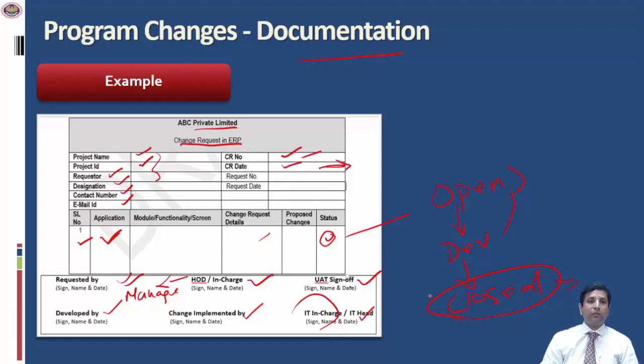In this example, it is a manual form that we have seen. However, several companies implement a ticketing system. A ticketing system is a workflow type of system which captures all the details which are provided in this form as an electronic document. And the approvals are also provided electronically. Examples could include Remedy, or in the case of SAP, the more popular solution is the SAP Solution Manager, through which all the changes in SAP are managed.